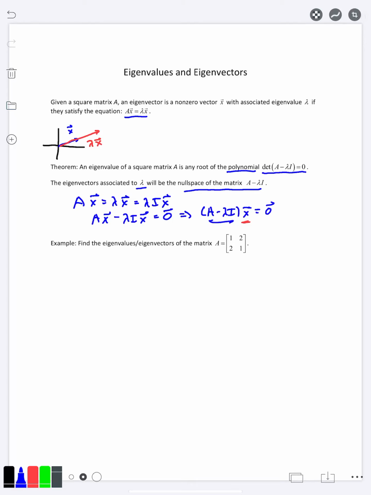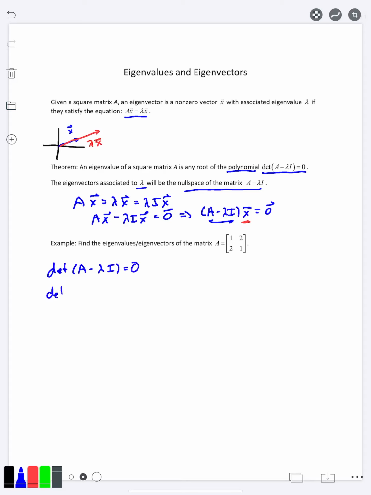It's just the same thing but longer and more tedious. So we go ahead and we start with our matrix A. In this case, it's 1, 2, 2, 1. And we always have to find the eigenvalues first. So that means we write down the equation determinant of A minus lambda I equal to 0,